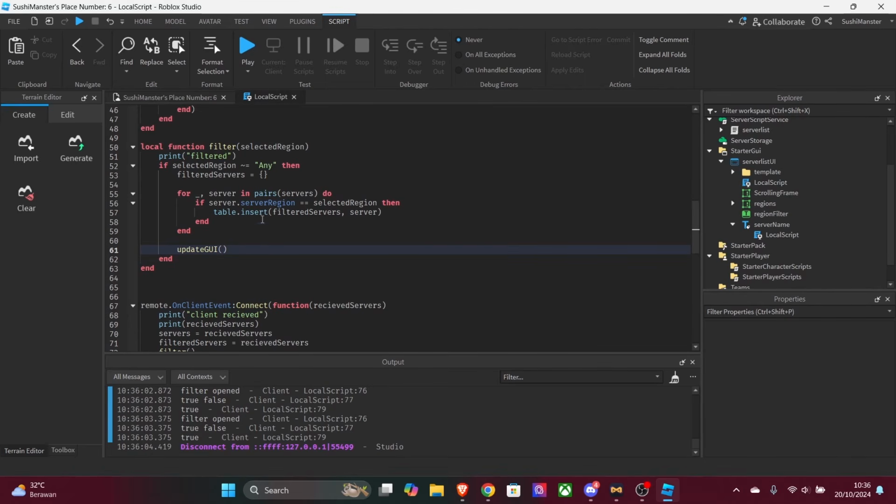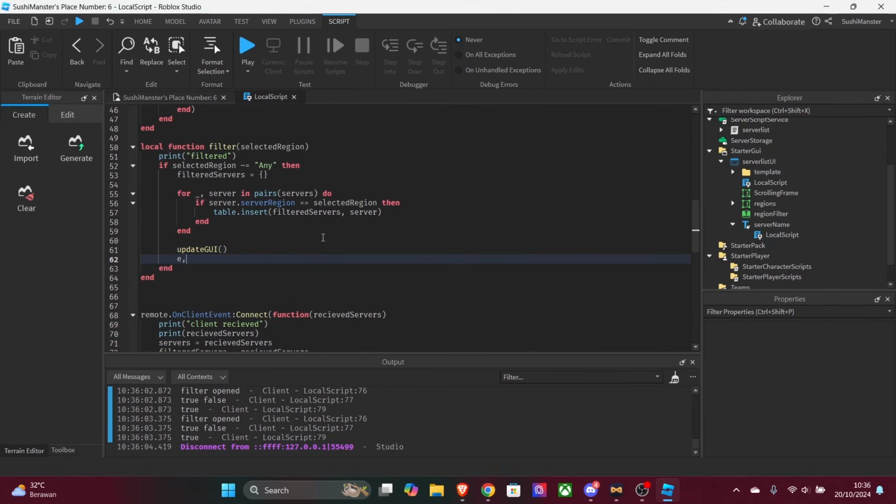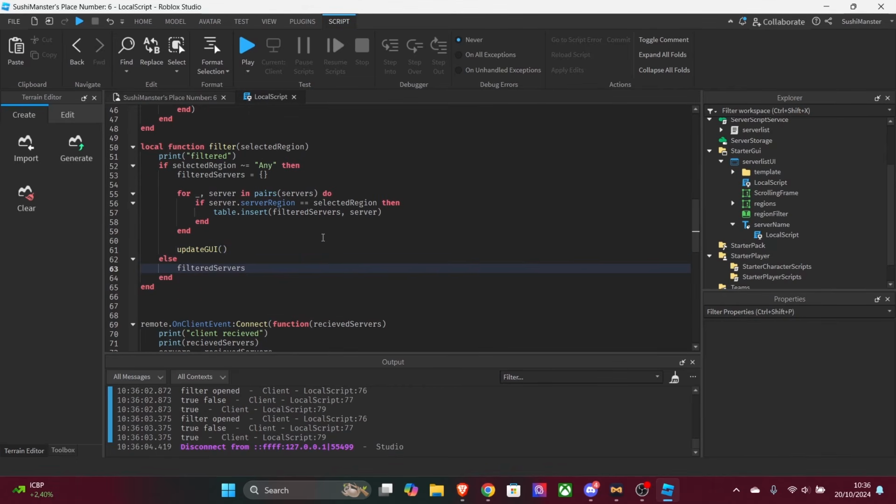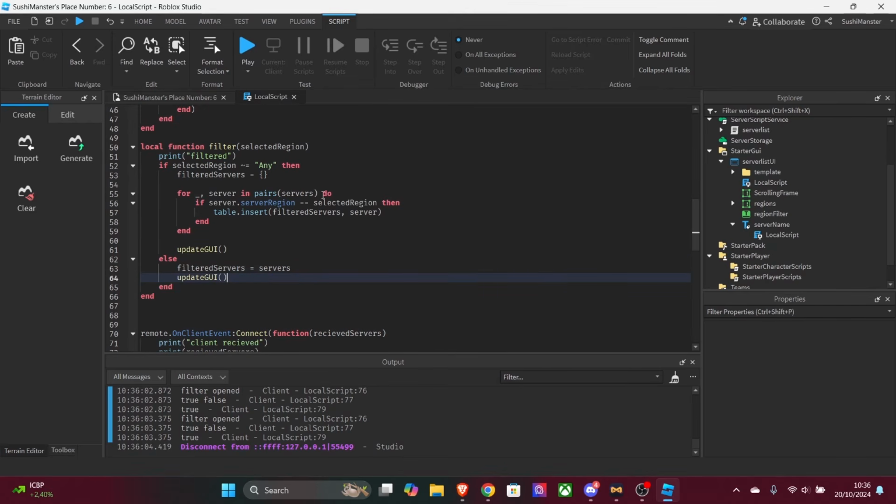Okay, else filtered servers equals servers and update GUI. So if it's any, it removes the filter basically. Okay,